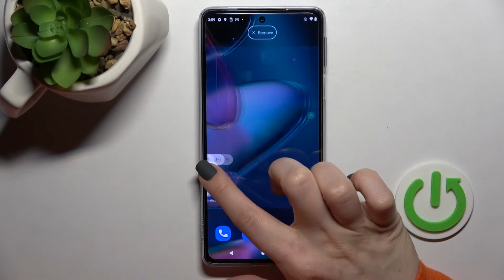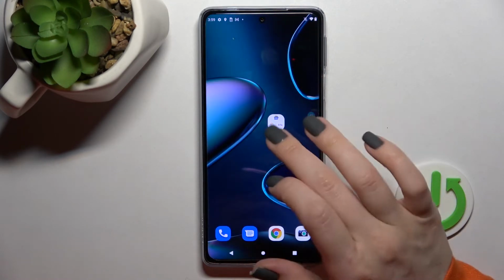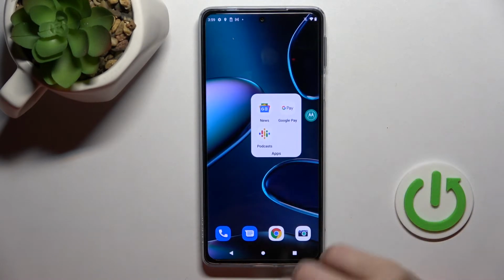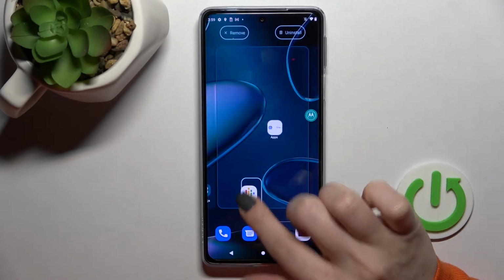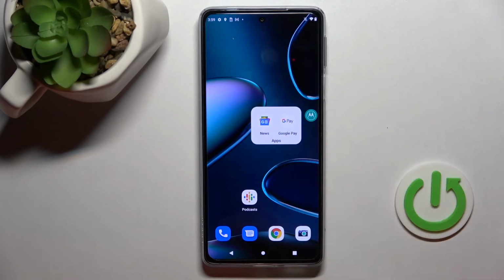We can move this folder between the screens, or also we can create a new screen with this folder. And if you want to just remove some apps from this folder, hold it for a while and drag it here to the home screen if you want to stay with this app on the home screen, or also you